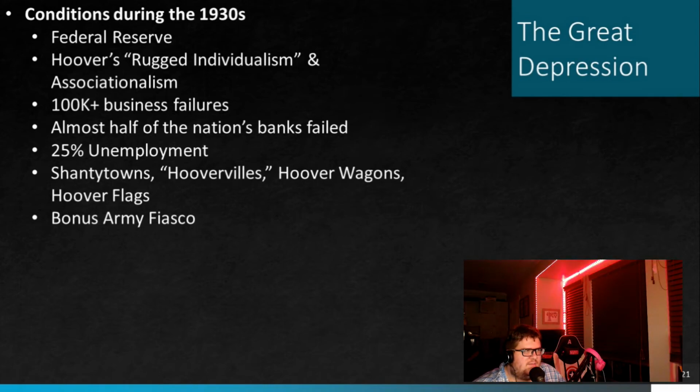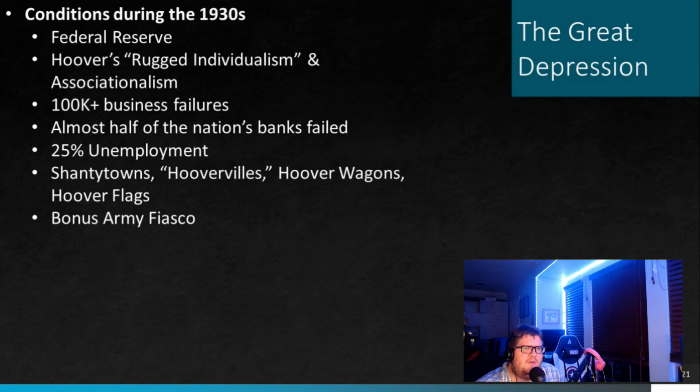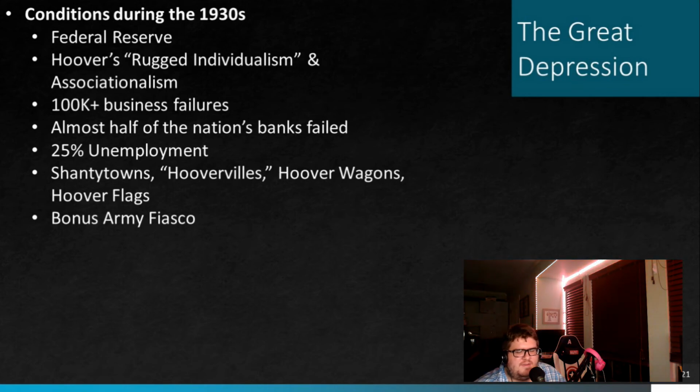And I can just see it in my mind's eye, President Franklin Delano Roosevelt looking at the news of the bonus army march and the burning of the camp and just thinking to himself, what a fool. Hoover has essentially given me, FDR, the win to this election. And FDR is going to embrace a much more aggressive, much more willing approach to work with Congress and push bills through, to push a lot of initiatives through. We call a lot of the things that he pushes through the alphabet soup of the New Deals.